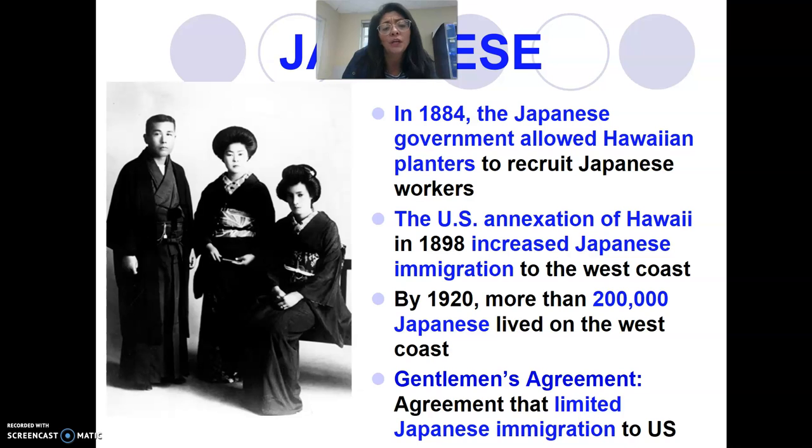And by 1920, you have more than 200,000 Japanese who live on the West Coast. So a great deal of Japanese immigrants. Well, with the high population of Japanese Americans on the West Coast, there's some pressure to limit Japanese influence. And so what happens in San Francisco is unique. They start to put in place some segregation laws. Okay, we're talking about the Jim Crow era here. So in San Francisco, they put in place some laws that require separate educating facilities, separate schools for Japanese